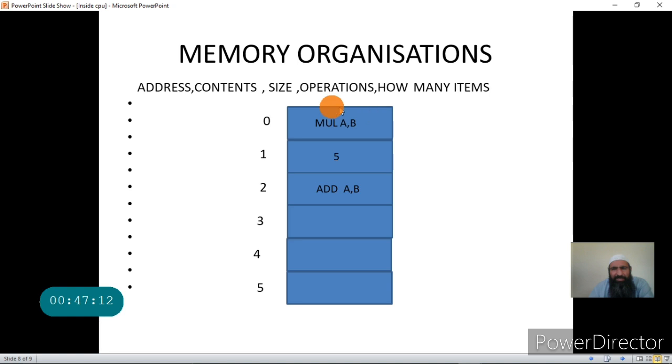This you should remember. Now, as I told you, memory is a set of locations, and each location has an address. So a location is associated with two things. One is the address. The address of this location is 0, of this location is 1, of this location is 2. The locations are addressed in a serial fashion, that is, the addresses start from 0, 1, 2, 3, 4, 5, 6 up to n.